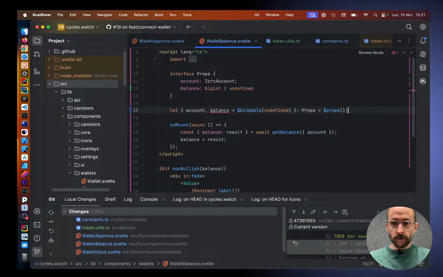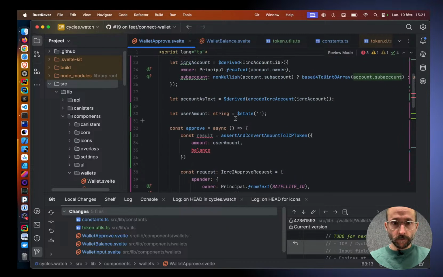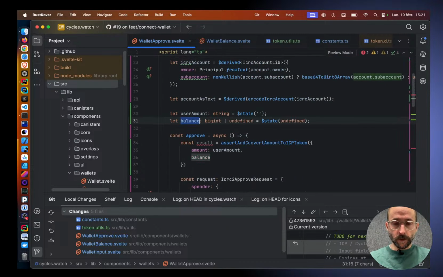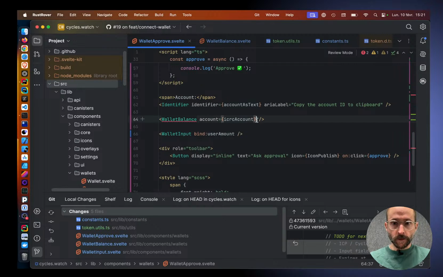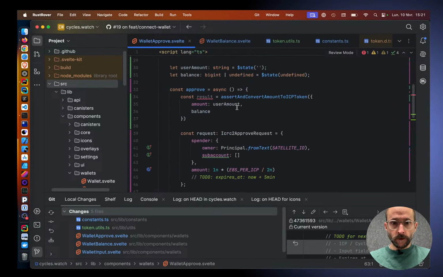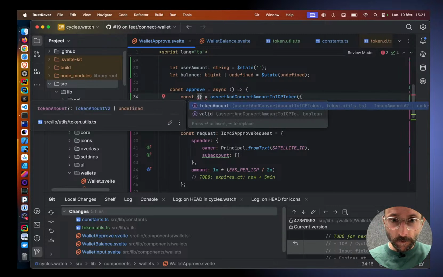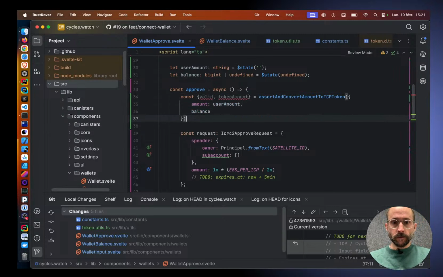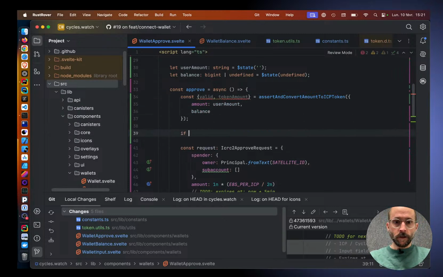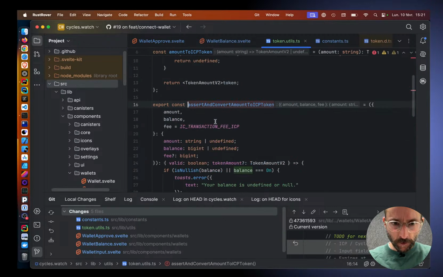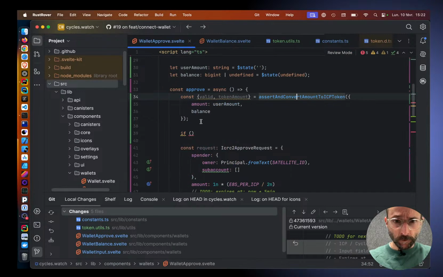Okay, and here we set it so that now here, similarly to the user amount, we can have balance, and here do a bind on the balance, and now here we have the balance. Okay, and now here we can check if the result is valid, so we do if that's a boolean, yeah, so if not valid,